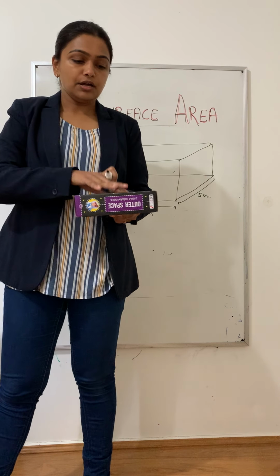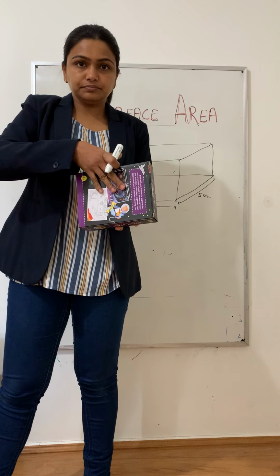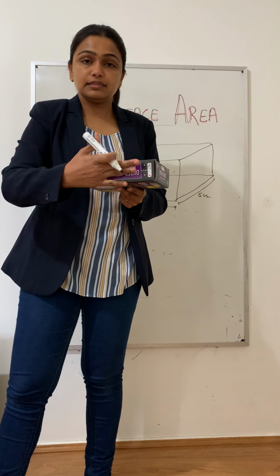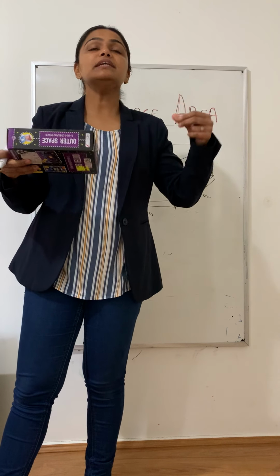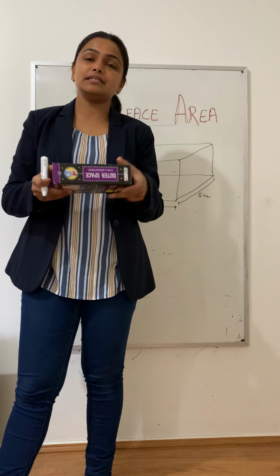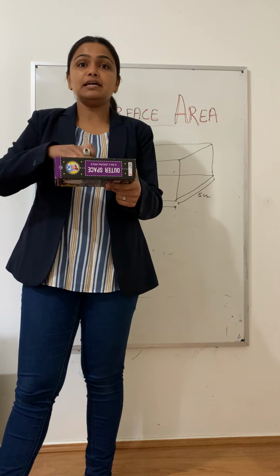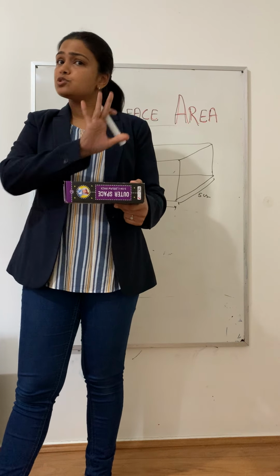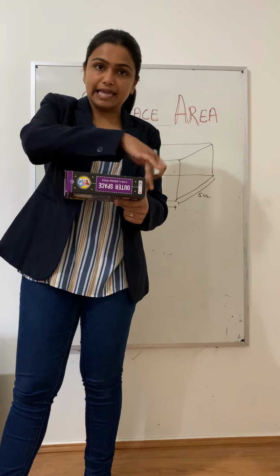So now, how much surface area do you actually need to find? The area of this rectangle plus the area of this rectangle, this rectangle plus this rectangle, this rectangle and this rectangle. So you need to imagine a 3D object and calculate how much surface area I need. Okay, it's a rectangular prism. There are 6 faces. So in total you need to find 6 areas of the different rectangles and add them